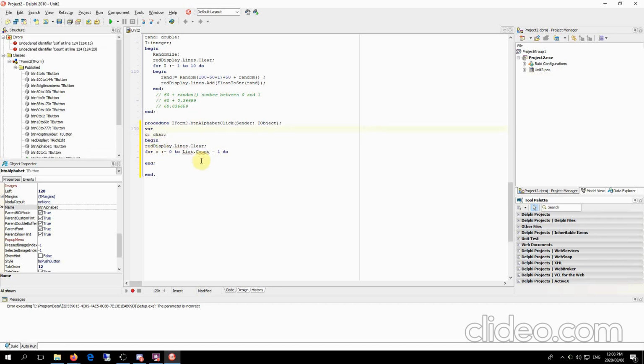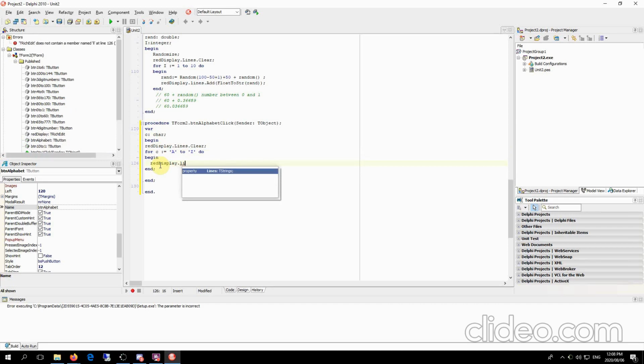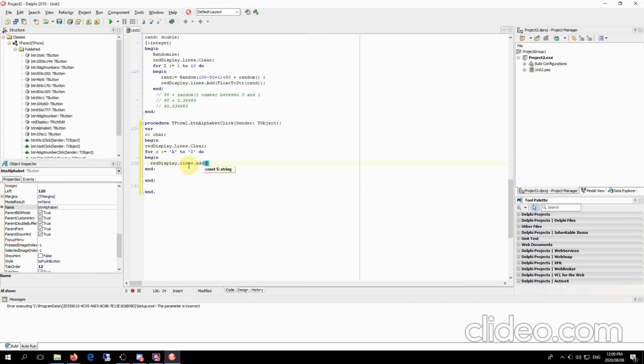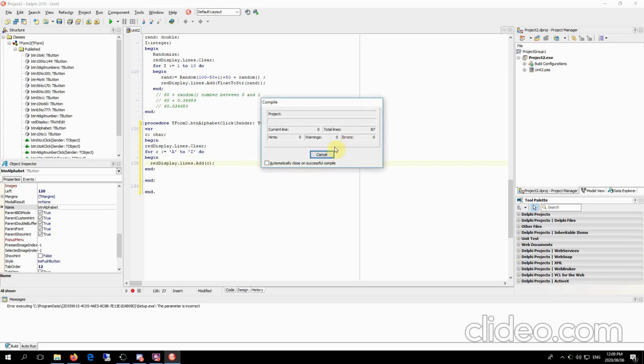Just remember to add your var there, and then we can say, start at A and go all the way to Z. Then we've got our begin and our end, and we must just display C, because C will be the one going from A up until Z. So then we say RichEdit display.lines.add, and we just display C in here. Okay, so if you run the program,